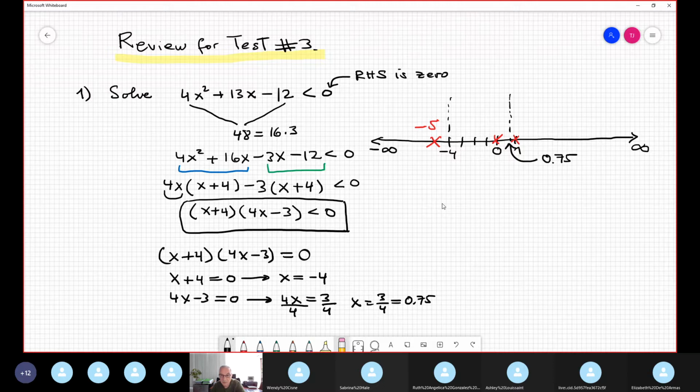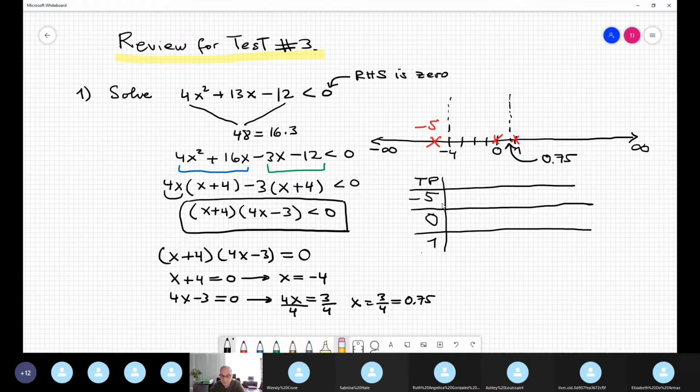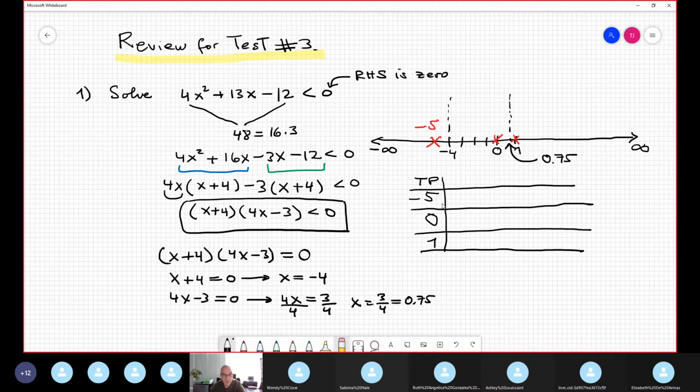Using those testing points, I create my table. Okay, negative 5, 0, and 1. The factors involved in my problem are x plus 4 and 4x minus 3. And don't forget the last column, the total column,